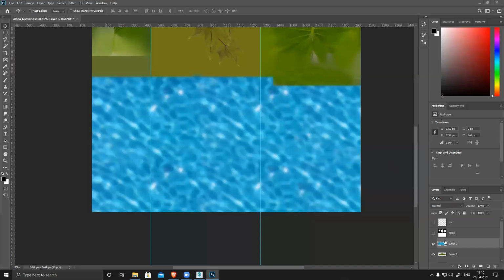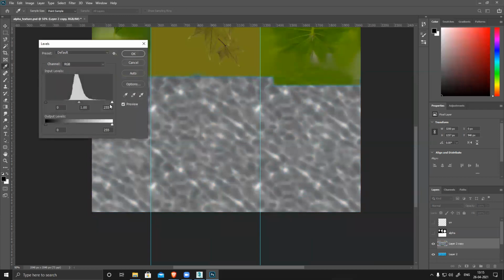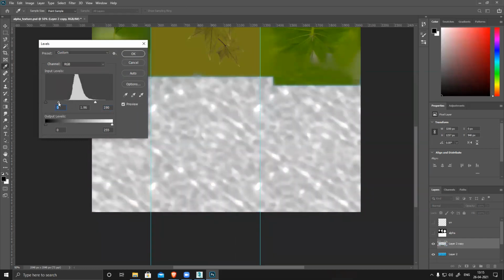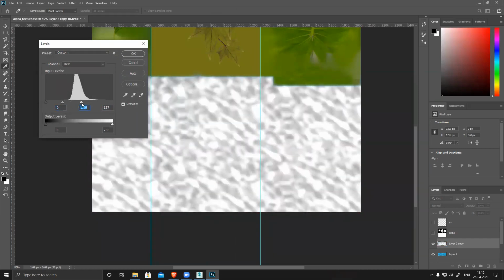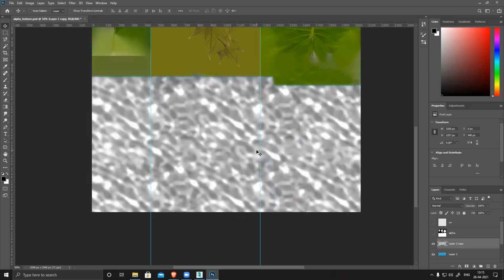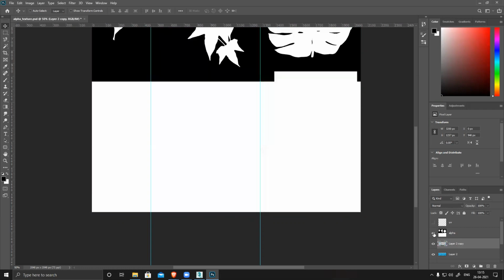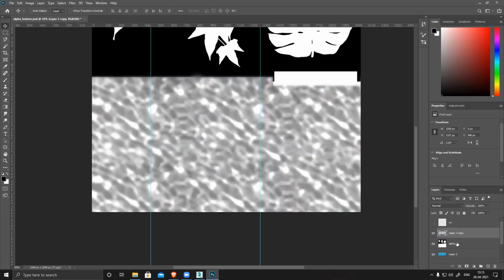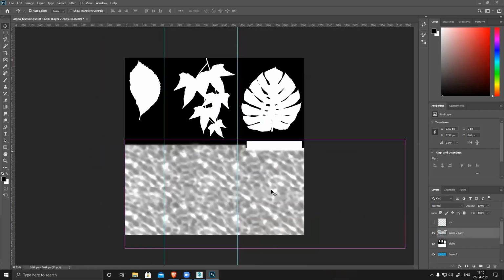So what I have to do is Control J this, and Control Shift U and L. All the black part is basically invisible, white is visible. So I want to keep it translucent, not 100% opaque and not 100% transparent. Something gray like this. Switch on your alpha and drag and drop on your alpha area. Now you can see everything clearly.